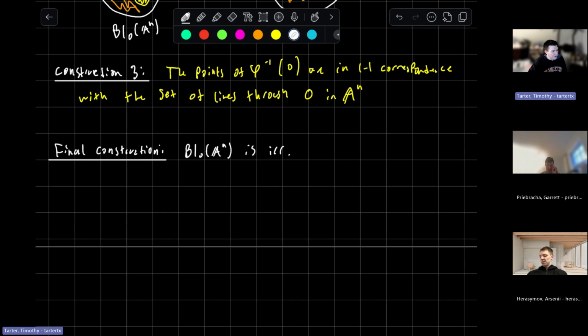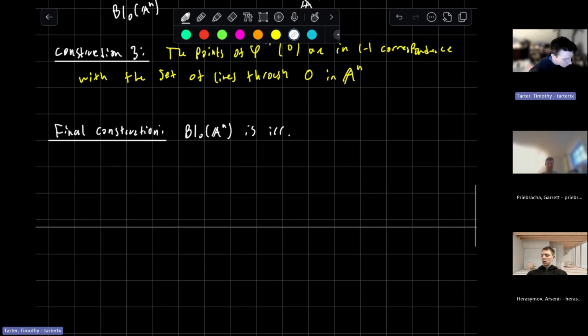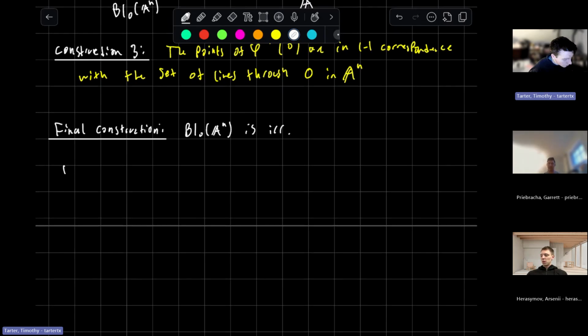So in this way, we have yet another variety. And so the proof here is that X, which is the blow up at 0 of An,